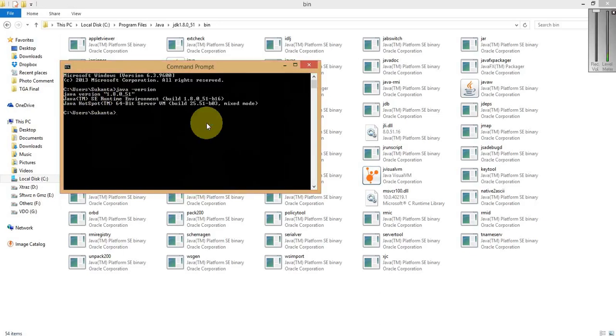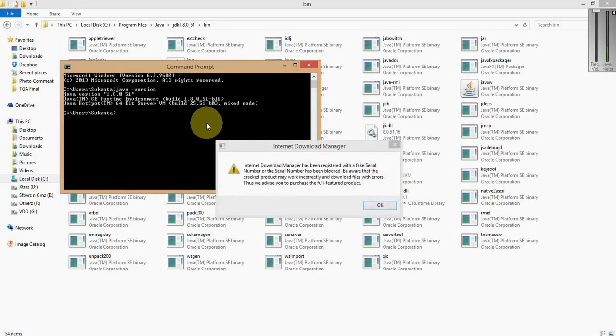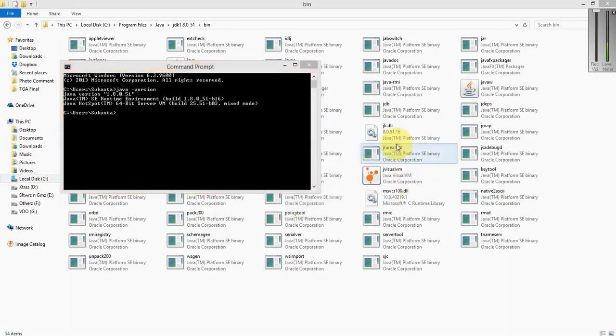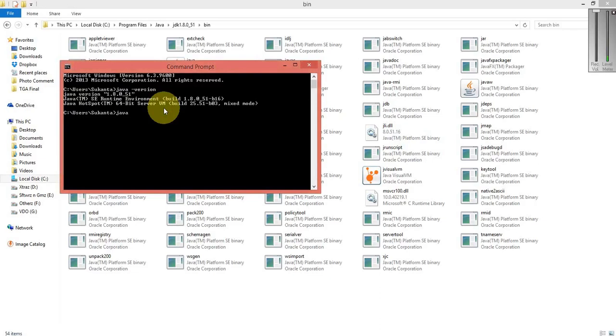So how do we check whether JDK is installed or not? That means the main Java environment which we have fixed in the path variable. So use javac, that means Java compile. We use this command to compile a Java code, then give a space hyphen and version.